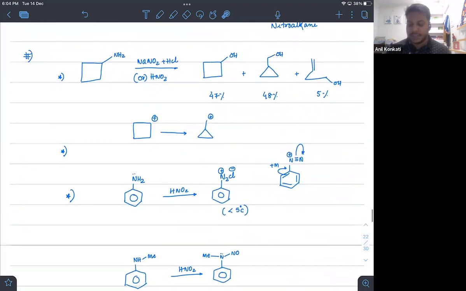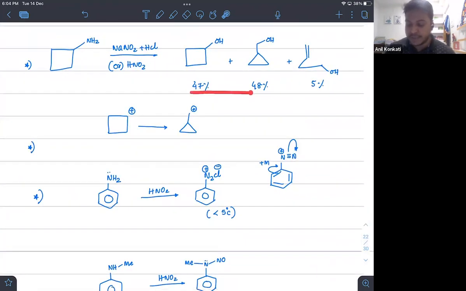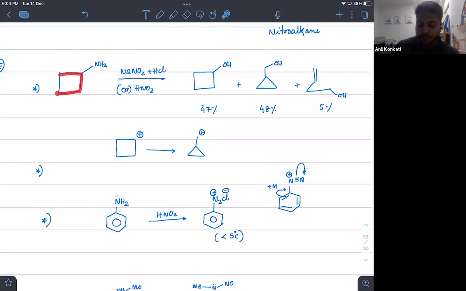Now see this case. This you have to memorize directly, with the percentages. It is given like this in NCERT and asked like this in JEE also. In case we have cyclopropylamine on treatment with NaNO2, that is, a diazonium salt, we'll get alcohol. We learned this in preparation of alcohols.